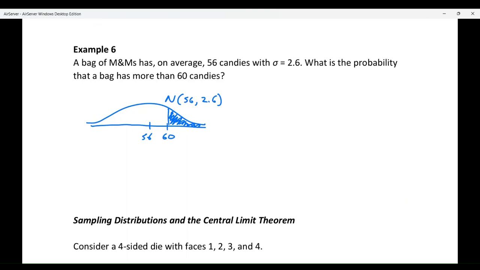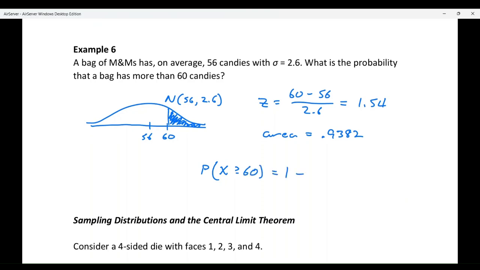So in this case, we don't have a z-score. So we have to start by finding z first. So value of 60 minus the mean of 56 divided by the standard deviation of 2.6. That gives us 1.54 for the z-score. And then again, going to the table, and I'm not going to go down to the table and show you this, but if we went to the table, we would find that the area is 0.9382. But again, that's not what we want, right? That's to the left. We want to the right. So the probability that x is greater than or equal to 60 is 1 minus that value,